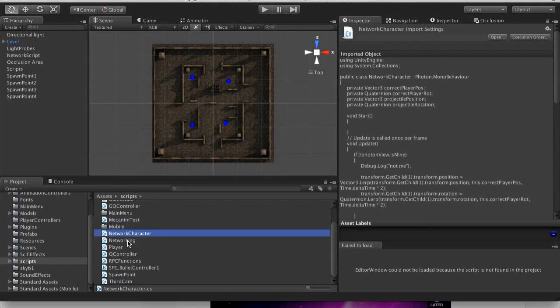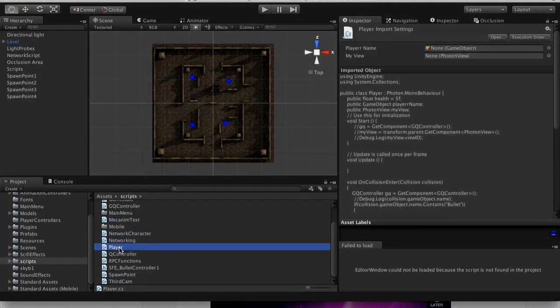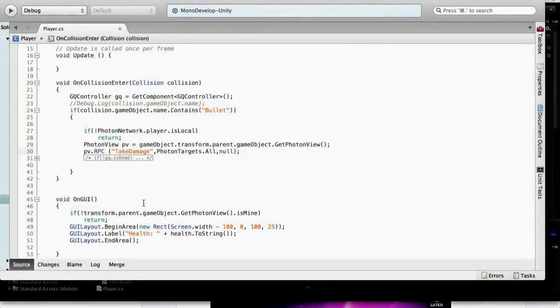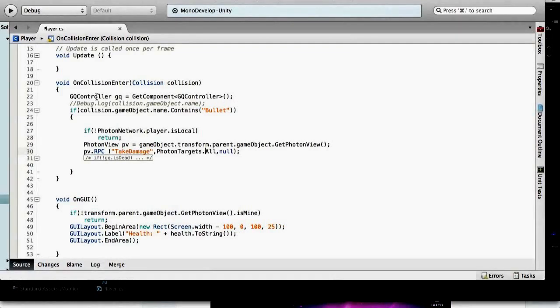network character we looked at, networking we looked at, player we looked at. Did we look at that? Let me see. Okay, so